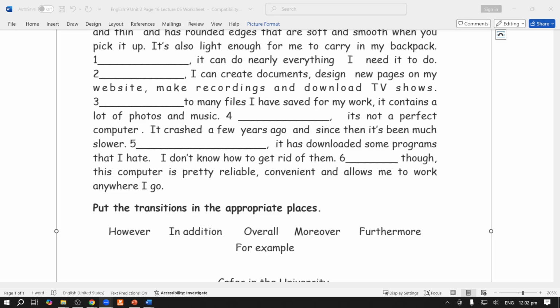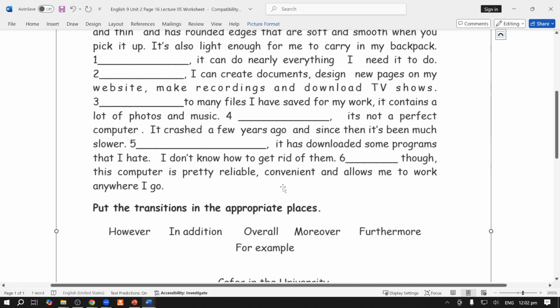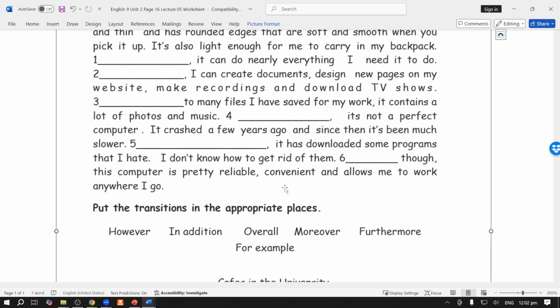Yes, the King Educare campus girls. Can you please tell me, sir? In addition is the right answer. Sir, furthermore. So there are two transition words, from the Kids Educare, in addition, and from the Little Stars, furthermore. So let's read with both transition words and find out which seems more appropriate.